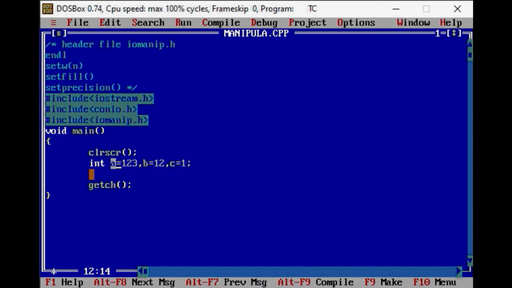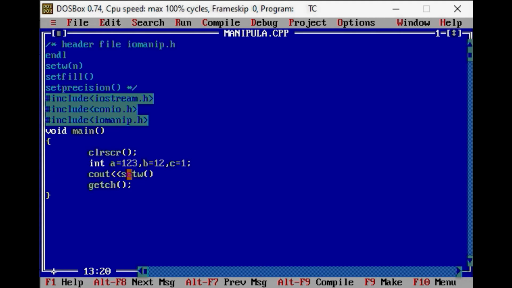Now, first of all, I'll show you the use of the setw manipulator. Whenever we want to apply a manipulator on a particular variable, firstly we need to write the manipulator, and after that we display the variable. So we write setw first, and in the brackets we set the width.